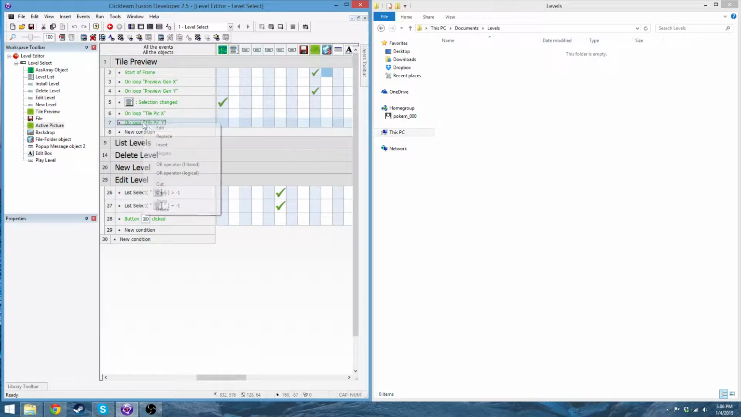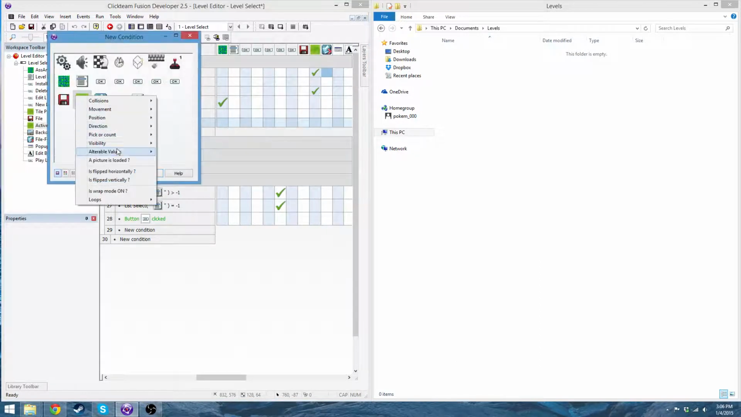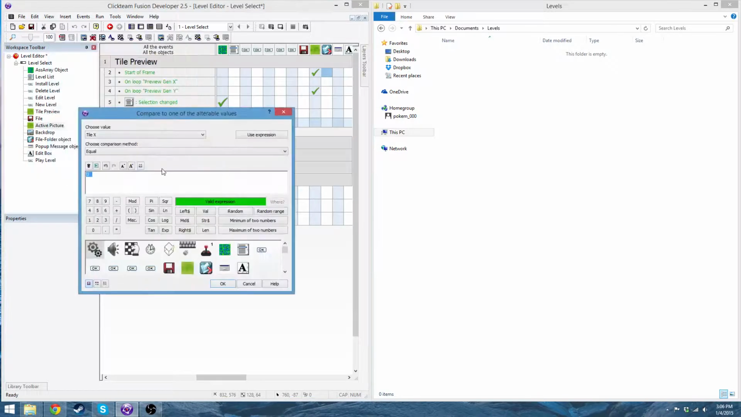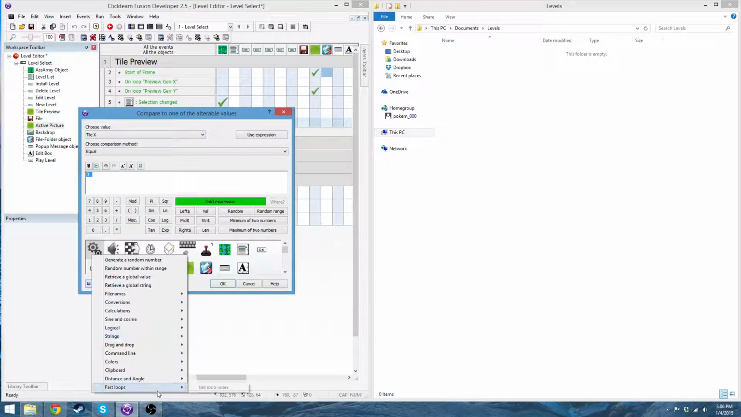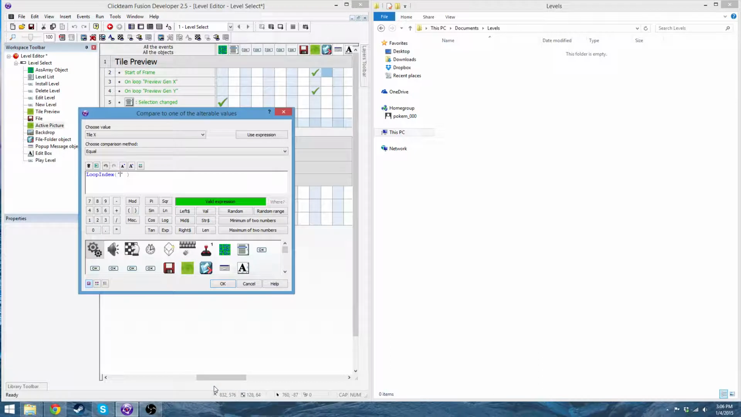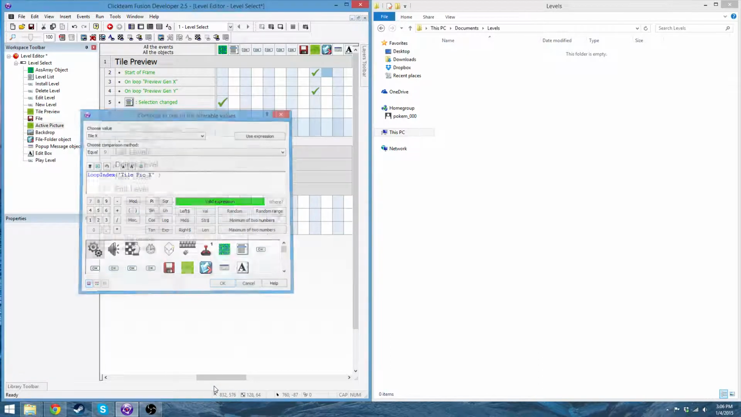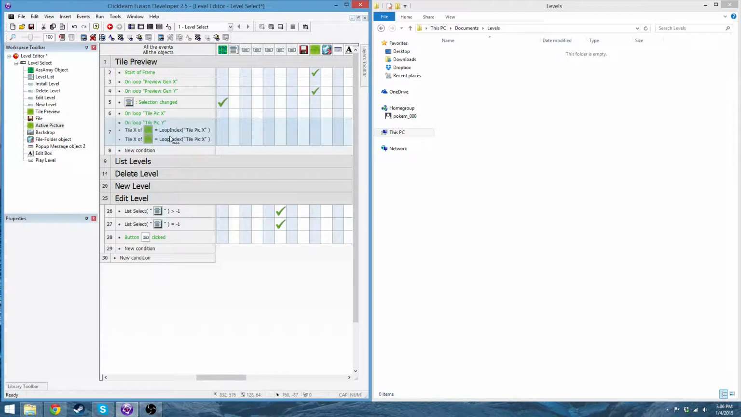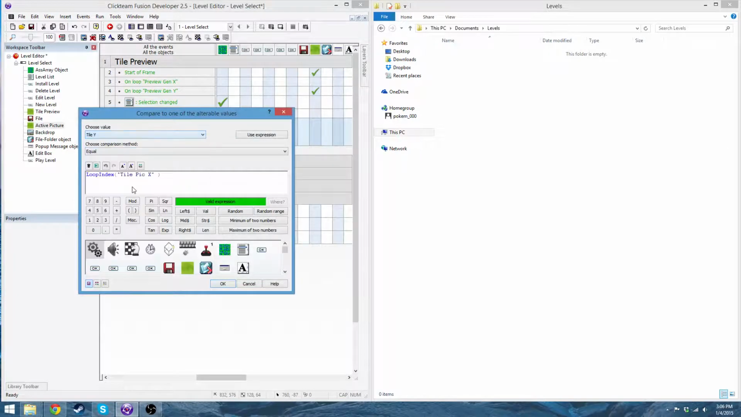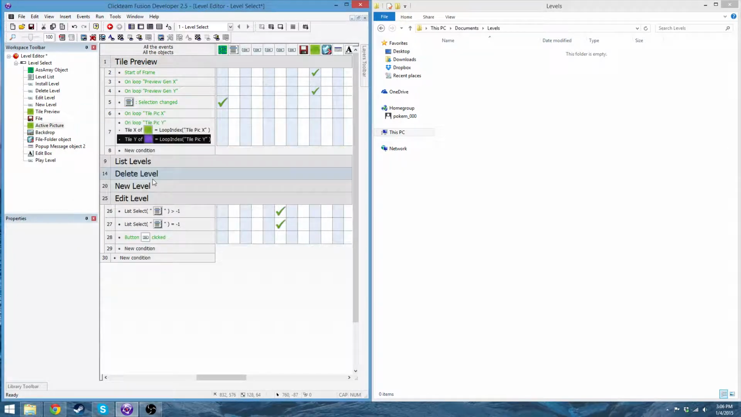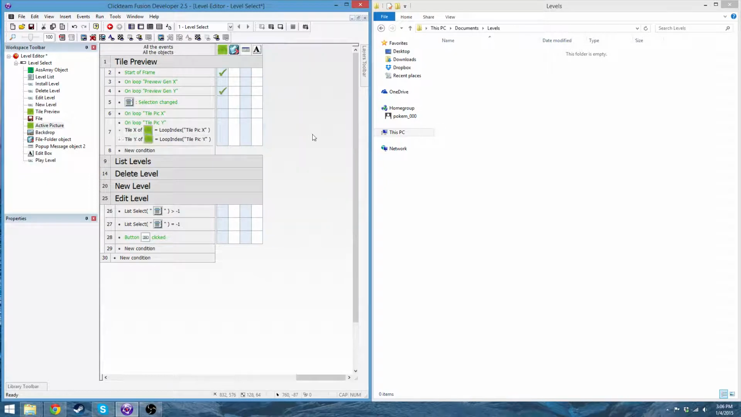But tile pick Y, we're going to insert ultra values, compare one of the ultra values, tile X equals fast loop for tile pick X, and tile Y is tile pick Y. I'm just looking at the capture to make sure that my clicking isn't too loud. I think it is a bit. I'll move my microphone for the next video, but